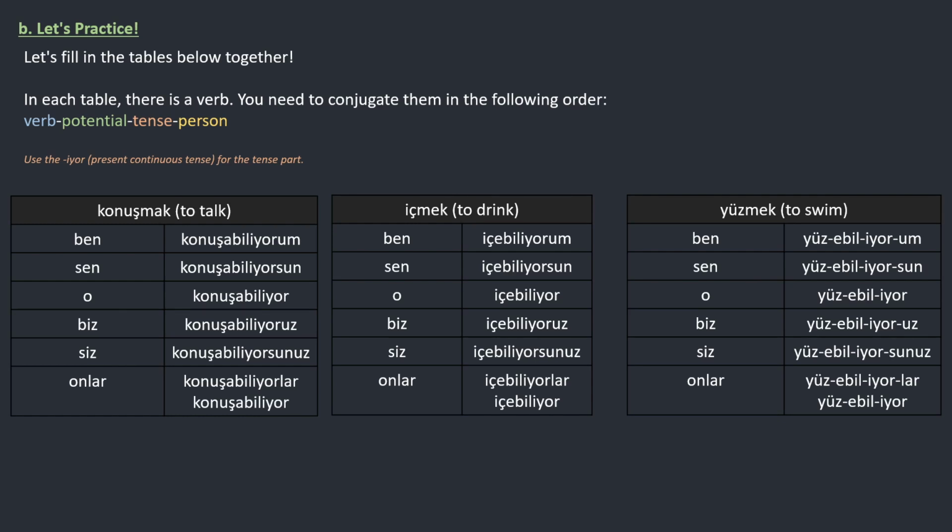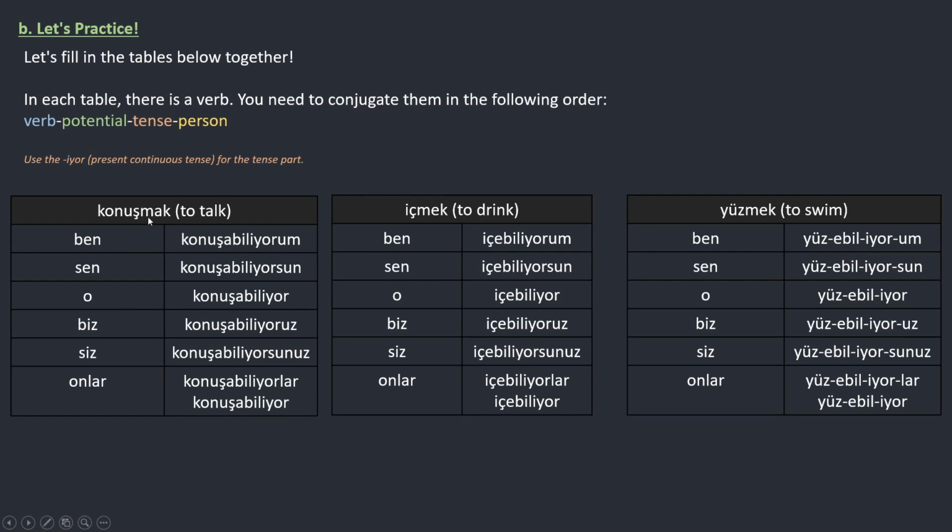Beginners bunu yapabiliyorlar. Güzel. Also, yes, I will go to the negatives in a bit. I need to show you something else before that. We did our practice. Now at least you have an idea on how it works. So let's move to this. I have this attention part for you.